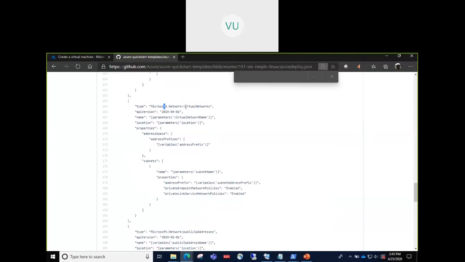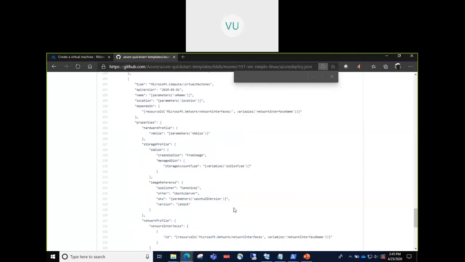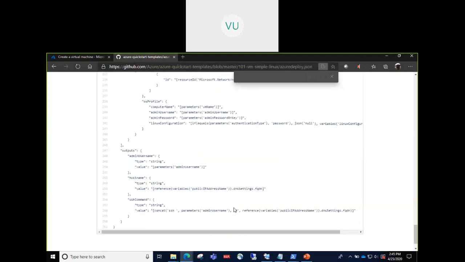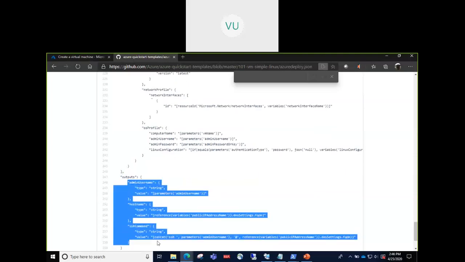Right. So again, this is a virtual network we create. This is where we are creating the public IP address, and at the very end we will see the outputs. This section, as we talked about, will give the output when the provisioning is done, when the deployment using this ARM template is done. If you want to give some output out of this ARM template to the user, you can define that output here.